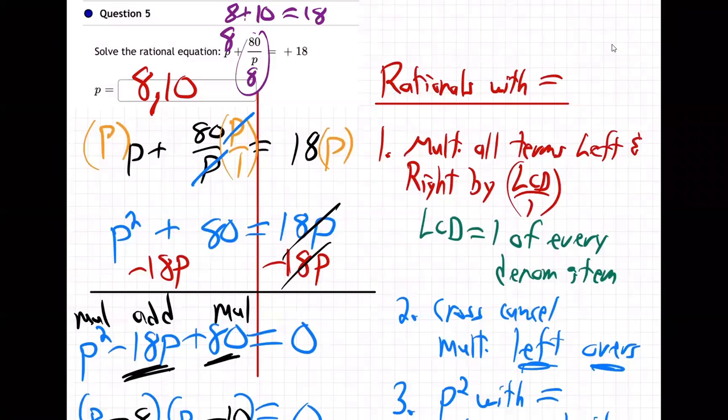Well, okay, that worked. What about if instead we put in the other number? What if we put in the 10? Right, because we're saying 10 is an answer. Is that right? Yeah, 10 plus, and what's 80 divided by 10? 8. Sure enough, that's 18. See how they both work? They both make the equation true, don't they? You don't have to check that. I'm just showing you it's right. We're finding the truth. Those are both answers to make it true. And there we go.